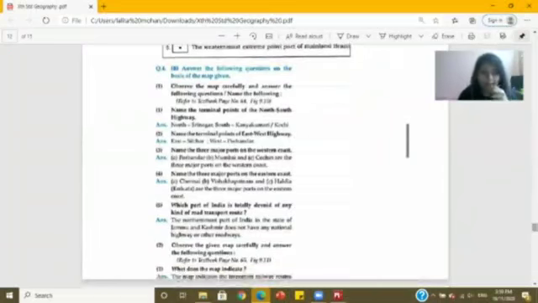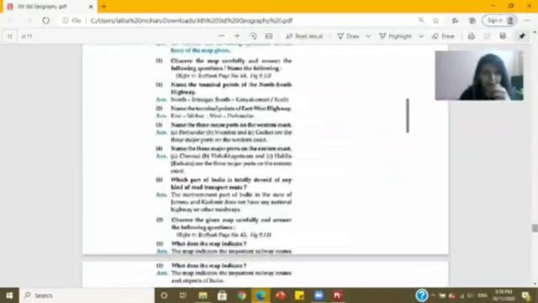Third, name the 3 major ports on the western coast. We have Porbandar, Mumbai, and Cochin. Fourth question, name the 3 major ports on the eastern coast. Answer is Chennai, Vishakhapatnam, and Haldia. Fifth, which part of India is totally devoid of any kind of road transport route? Answer, the northernmost part of India, the state of Jammu and Kashmir, does not have any national highway or